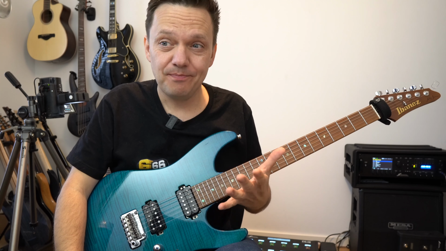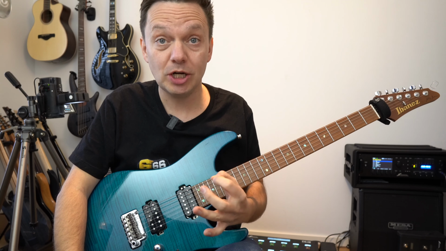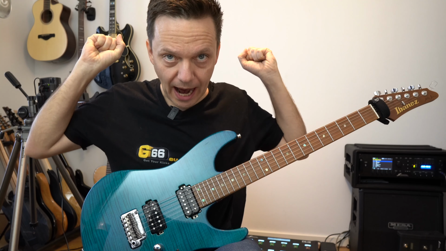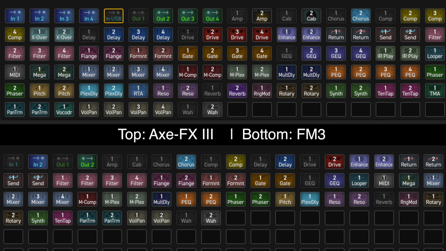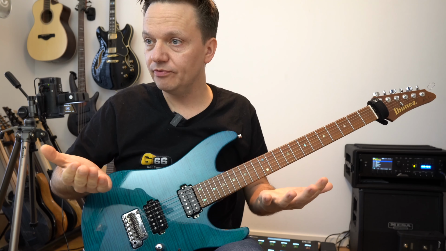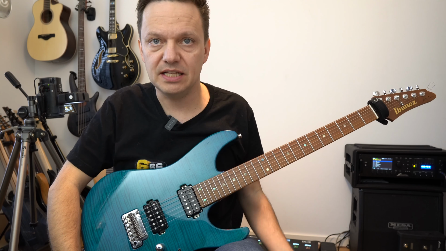So there are some other differences, and especially that is in the block section. So I just put a screenshot on the screen. You can see the blocks of the AXE-FX III in the upper half of the screen, and you can see the blocks of the FM3 in the lower half of the screen. So you can look for yourself if there's something you would be missing if you buy the FM3 instead of